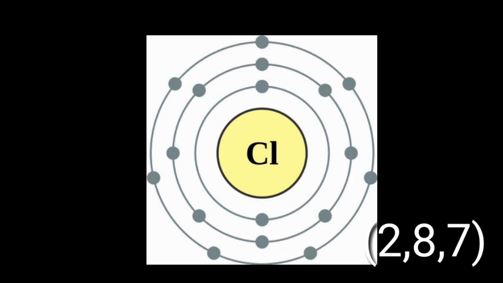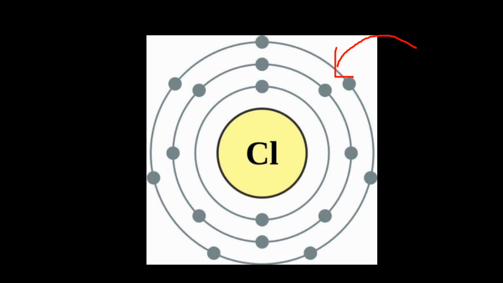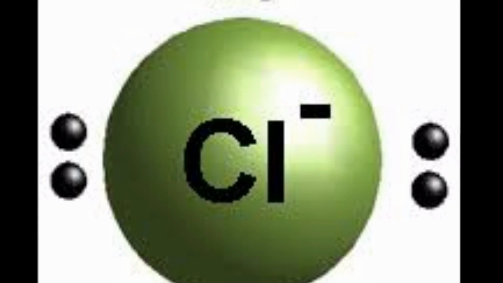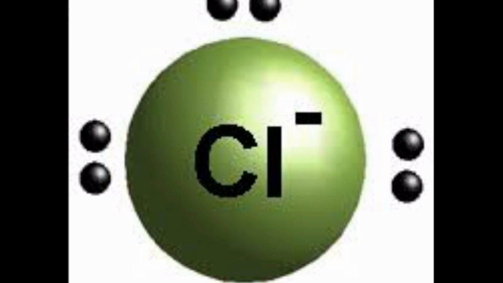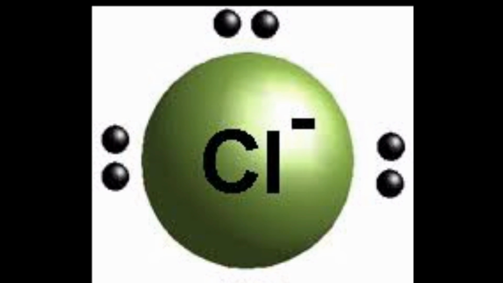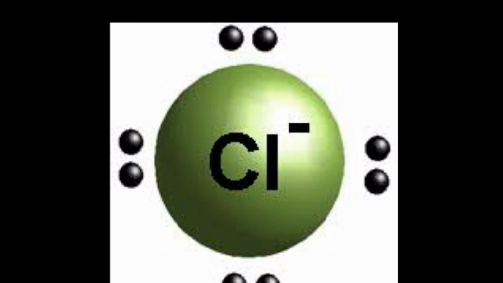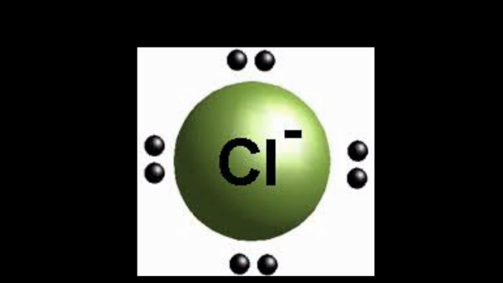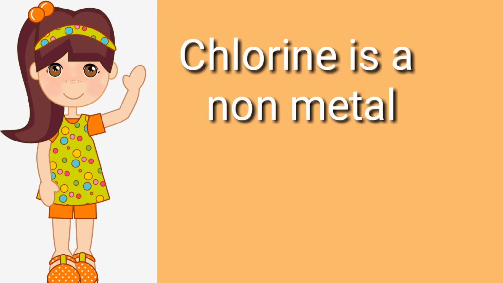There are a few more examples given to you. For example, chlorine, electronic configuration is 2, 8, 7. In order to complete the octet, it has to gain 1 electron, as 7 electrons cannot be easily lost, so it gains 1 electron to complete the octet. As negative charge is gained, the chlorine after gaining it will be a negative ion, and chlorine is gaining electrons, so it is a non-metal.